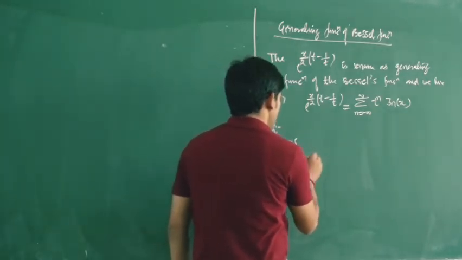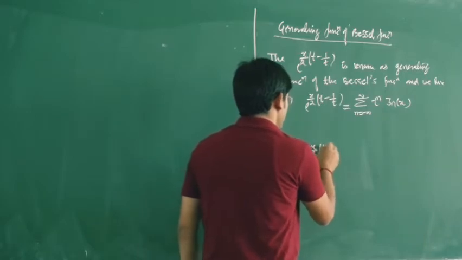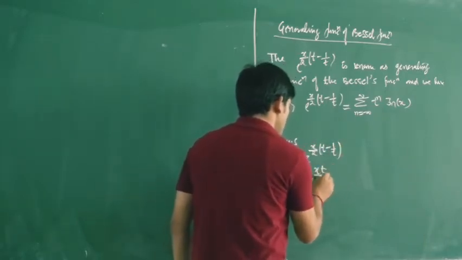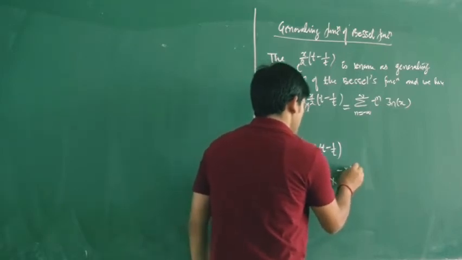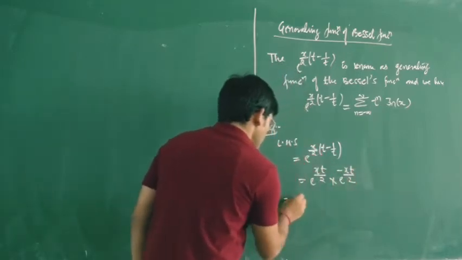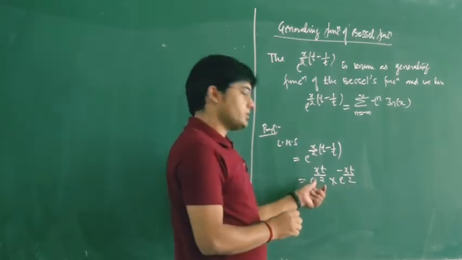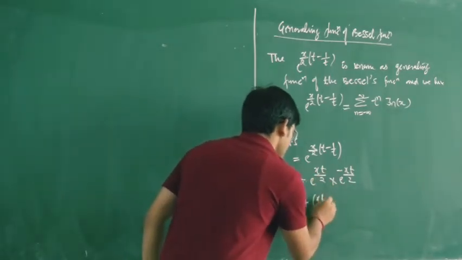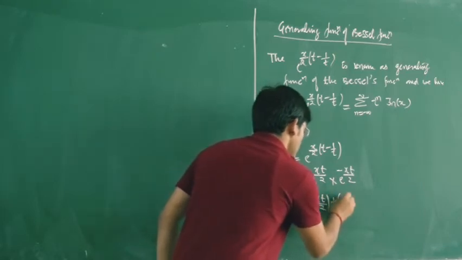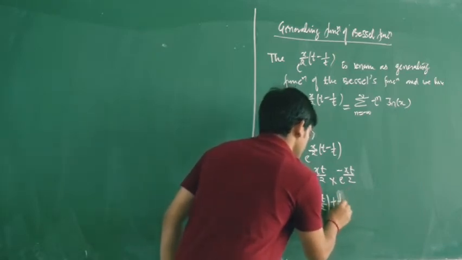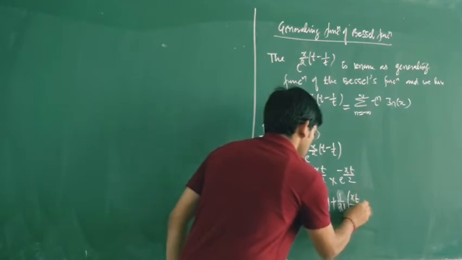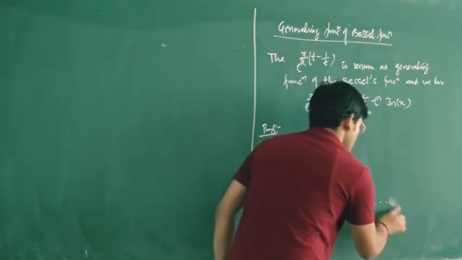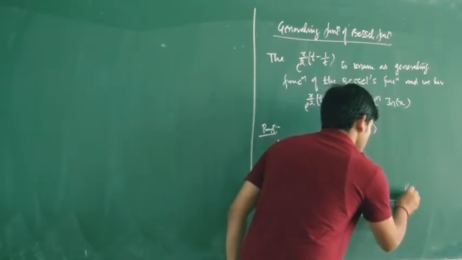Let us start with the left hand side. In the left hand side we have x by 2 into t minus 1 by t. Now this can be written as e power xt upon 2 into e power minus x upon 2t. So let us open these two brackets. So this is your e power x, and the value of e power x is 1 plus x plus x square upon factorial 2, then we will have x cube upon factorial 3. Then your last, general term will be 1 upon factorial n.